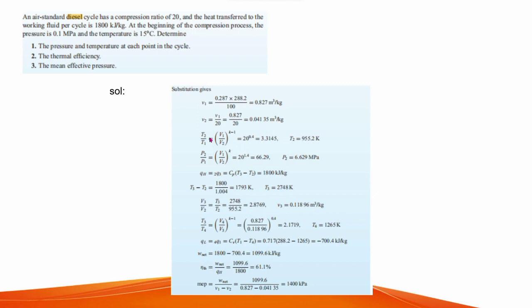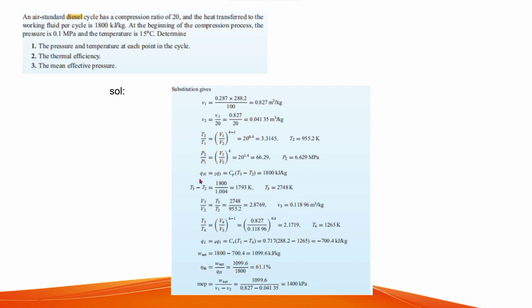Next, we have T2 over T1 is equal to V1 over V2 raised to k minus 1. Substituting our given, we have 20 raised to 0.4, which is equal to 3.3145. So our T2 here would be equal to 955.2 Kelvin. And to solve for our P2, we have P2 over P1 is equal to V1 over V2 raised to k. Substituting our given, we have 20 raised to 1.4, which is equal to 66.29. So we have the value of P2 here, which is 6.629